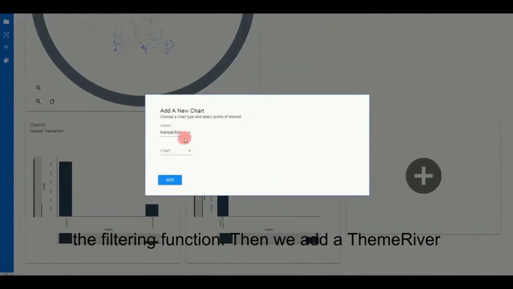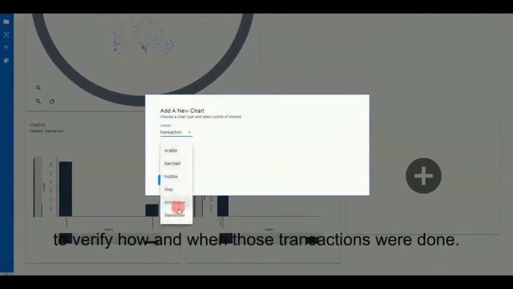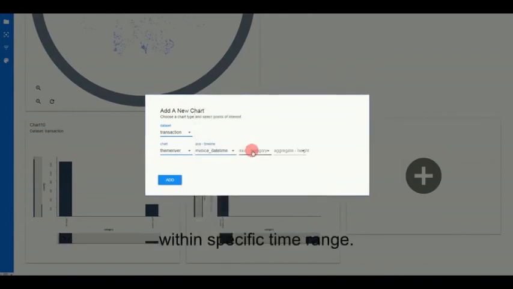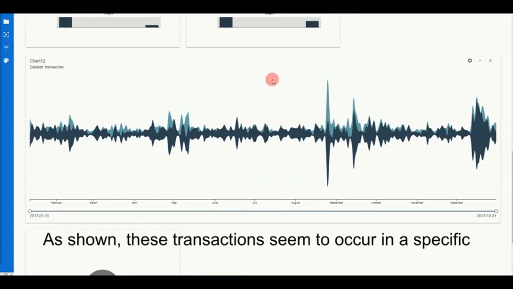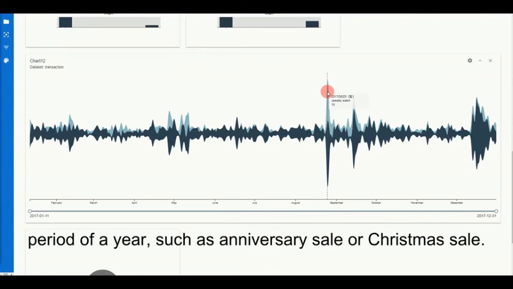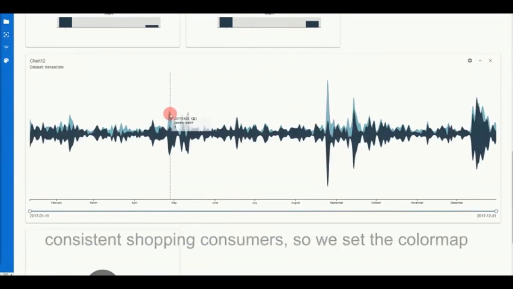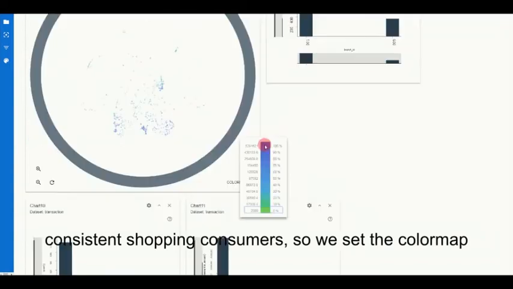Then we add a theme river to verify how and when those transactions were done. Theme river helps us analyze transaction behavior within a specific time range. As shown, these transactions seem to occur in a specific period of a year, such as anniversary sale or Christmas sale. We are also curious about the buying behavior of consistent shopping consumers, so we set the color